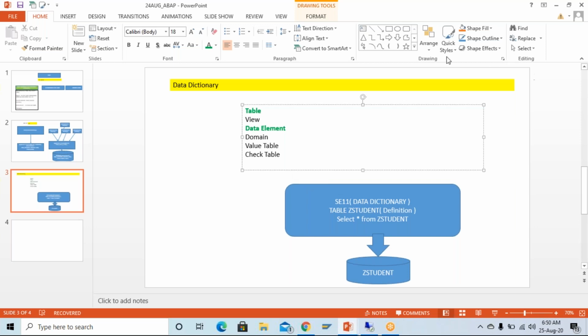Okay, so in our last class, we discussed how we can create a table and how we can create a data element. Also, we have seen how we can create the domain. So this part we have already seen. Today we are going to move ahead and look into some other stuff like the table maintenance generator, but before that,